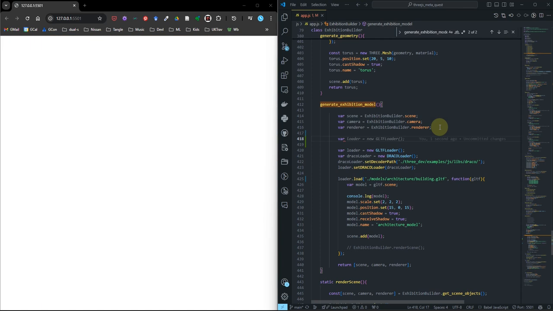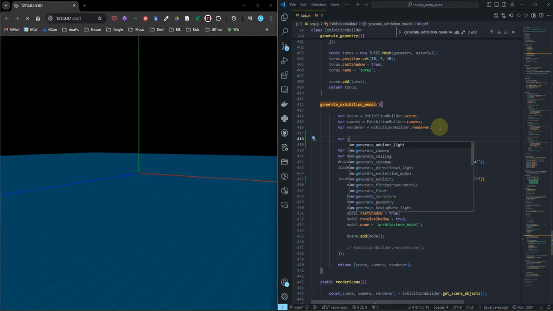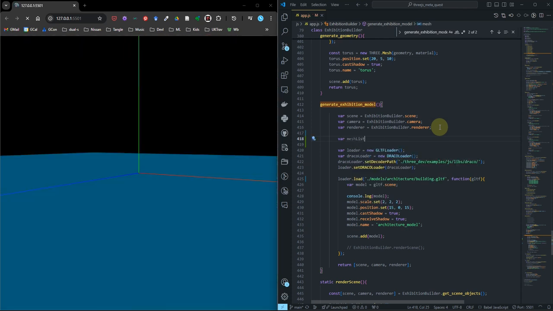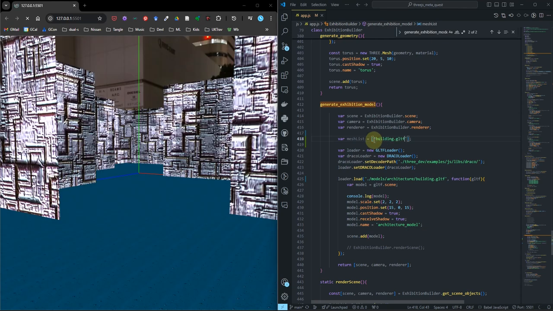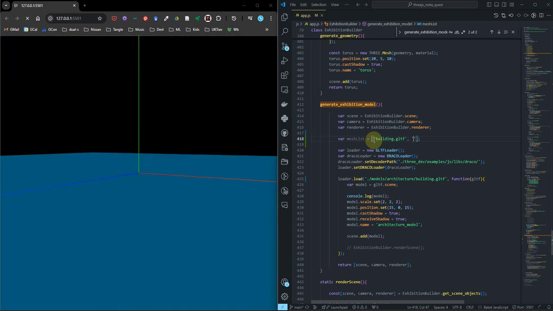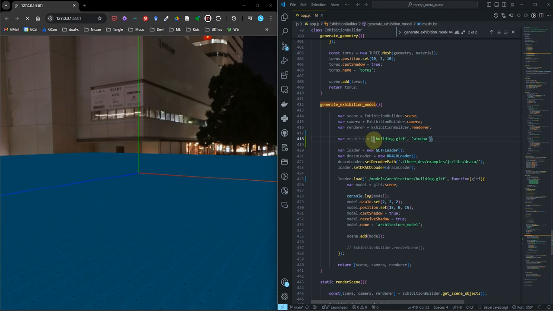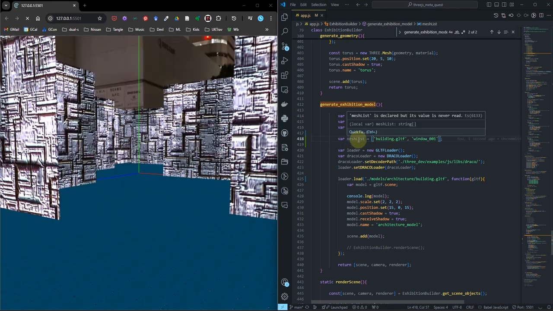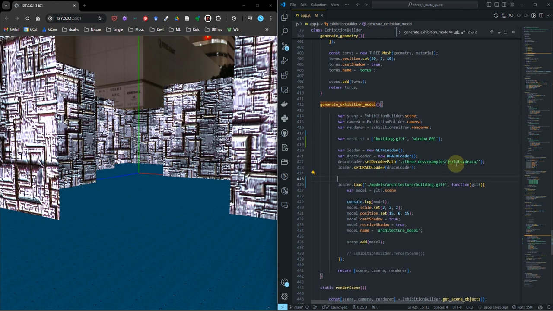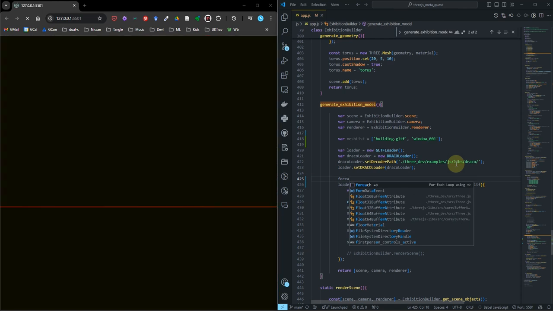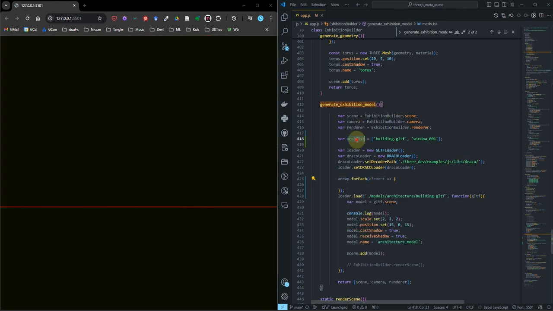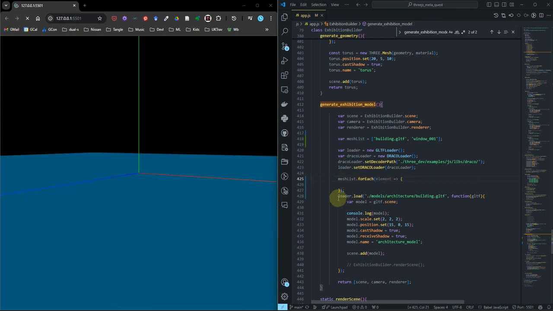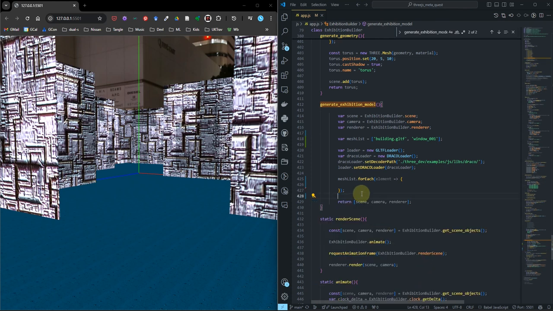So I'll probably create a variable where I'll put the names of the mesh objects and then dynamically load them. It's basically just a list, mesh list, and then I'll put the names of the files within the list and then load them dynamically. I'll need to use this variable within a for loop. For each, I'll need to replace array with mesh list, and I'll need to copy the loader code into the for loop,